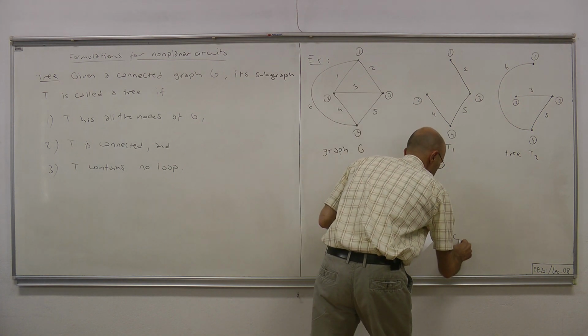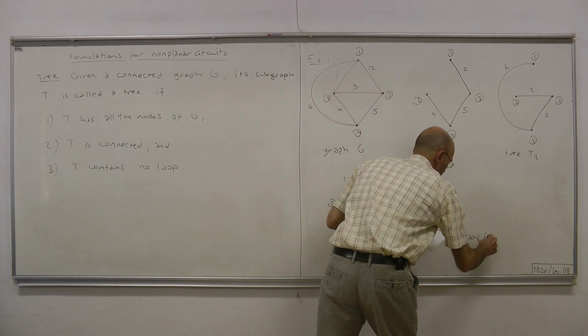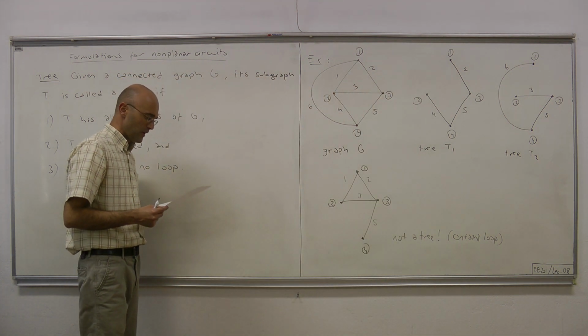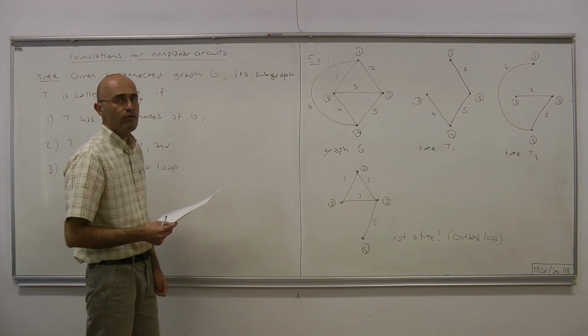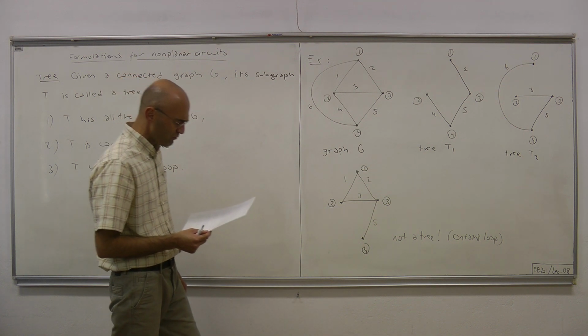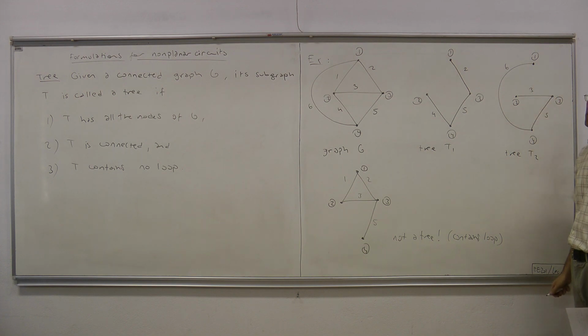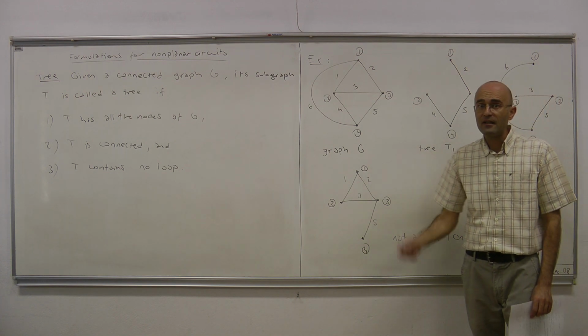Because it contains a closed path or a loop. Okay, so that's the simple definition of a tree. And note that this tree has 3 branches. This tree also has 3 branches. No matter what tree